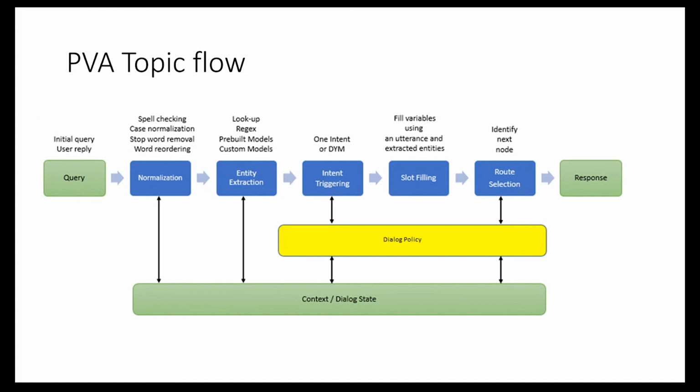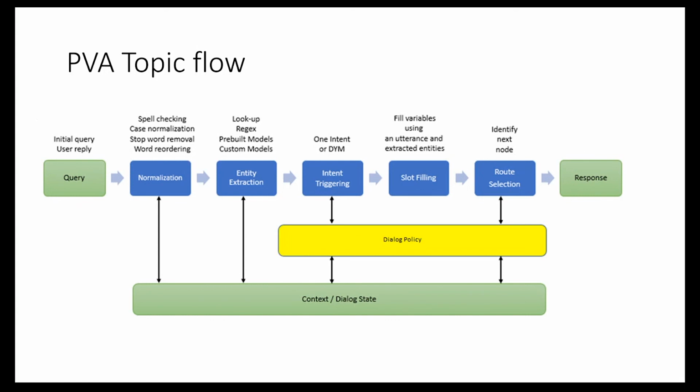That means the moment the topic is triggered, till the point you get the response, you want to take the user through the most optimal pathway. As an author, you want to take them to the most optimal pathway. What that means is avoiding repetitive questions, taking them to the right set of responses, right? And for that purpose is where entity extraction and slot filling come into the picture. And we have our dialogue policy engines, and we also talked about context using variables. All those things will help you to optimize the route selection